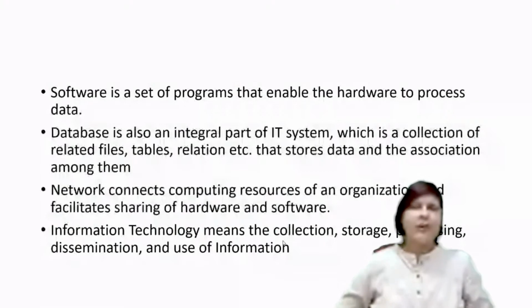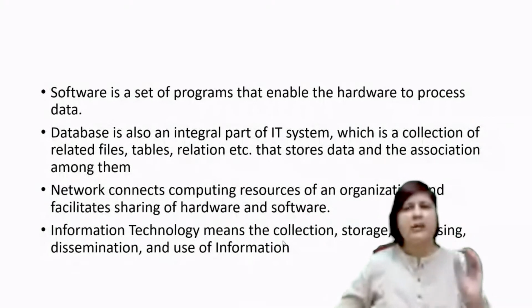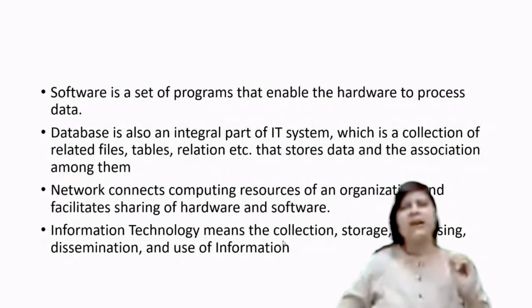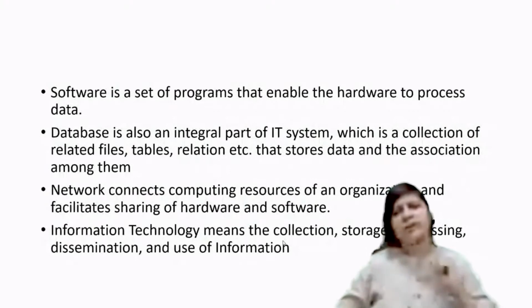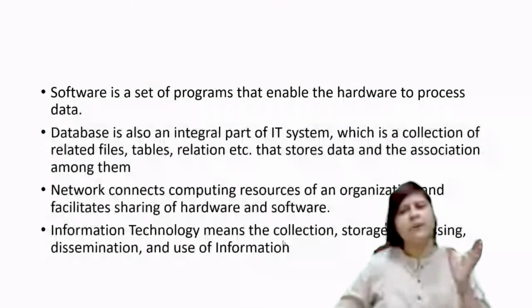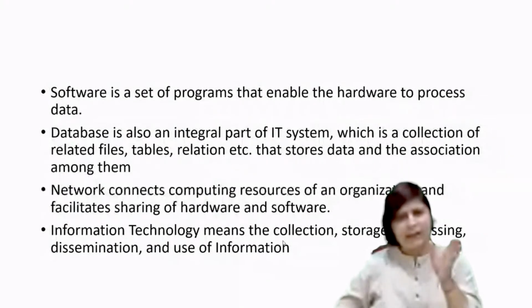Suppose I have a file of student enrollment which includes the enrollment number of the student, the name of the student, the father's name, and other details of the student. The next file contains the subject details which he or she has chosen in various semesters. The next file could be the file of the marks of the student, and there is a relationship. That relationship is through the roll number, because roll number is a unique identity which is given at the time of enrollment. Enrollment is there in your first file, that is the basic file.